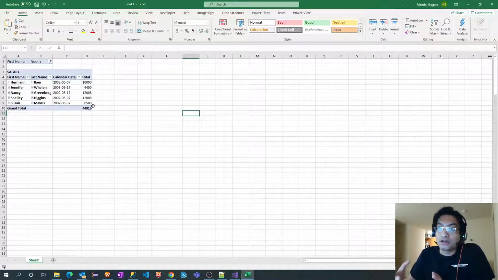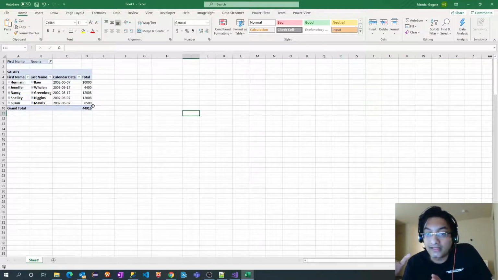Now, to create these reports using SQL is a very hard task. You'll have to write so many different queries, and it takes time. There are also chances that you can make some errors. But with the help of the cube, like in this Excel pivot, it will be very easy.